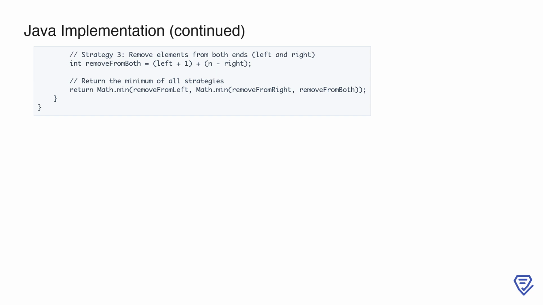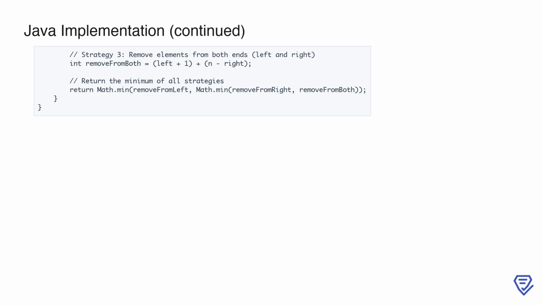Here, we count the number of deletions required to remove all elements from the start up to left and from right to the end of the array, combining these 2 counts. Finally, to determine the optimal solution, we return the minimum value among these 3 strategies using the math.min function. This ensures that we select the approach requiring the least number of deletions, effectively solving the problem while keeping the